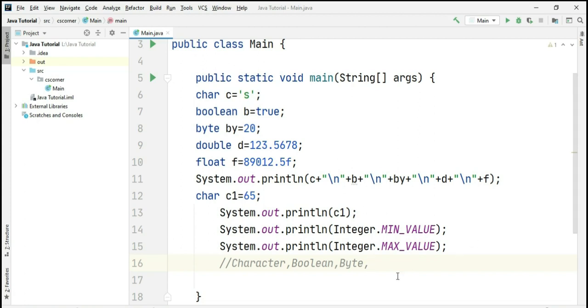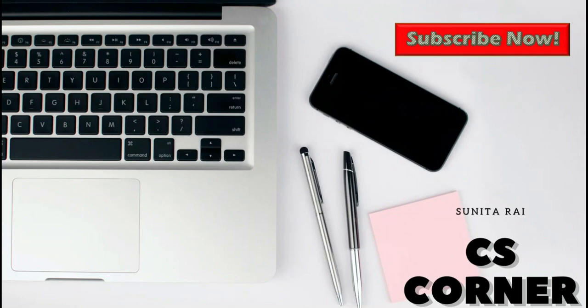That topic I am going to discuss in my upcoming video on wrapper classes. This was just a simple demonstration of how to create data types and how to use them. You can create a data type and assign a value during design time, or you can accept a value at runtime into these data types and variables. So that was all related to data types in Java.